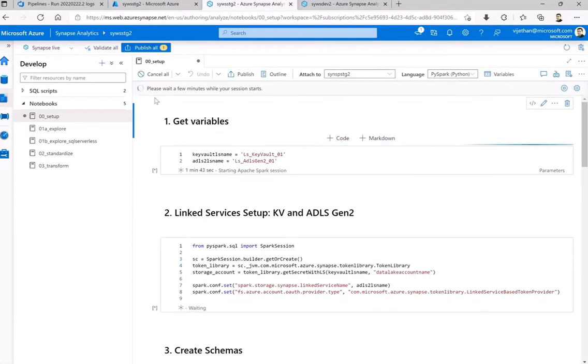Similar to dev, as it starts, it will show you the green check mark. That means the cluster is ready for processing the notebook.